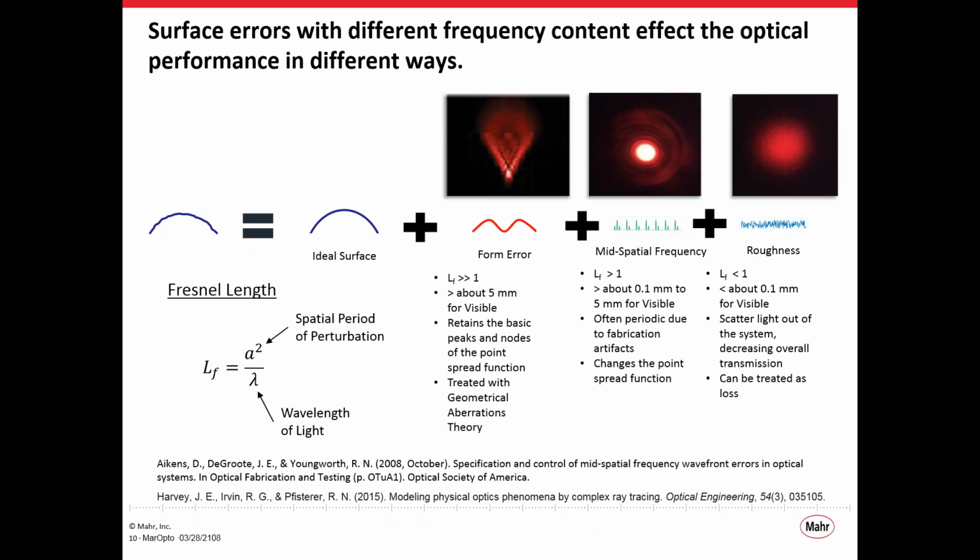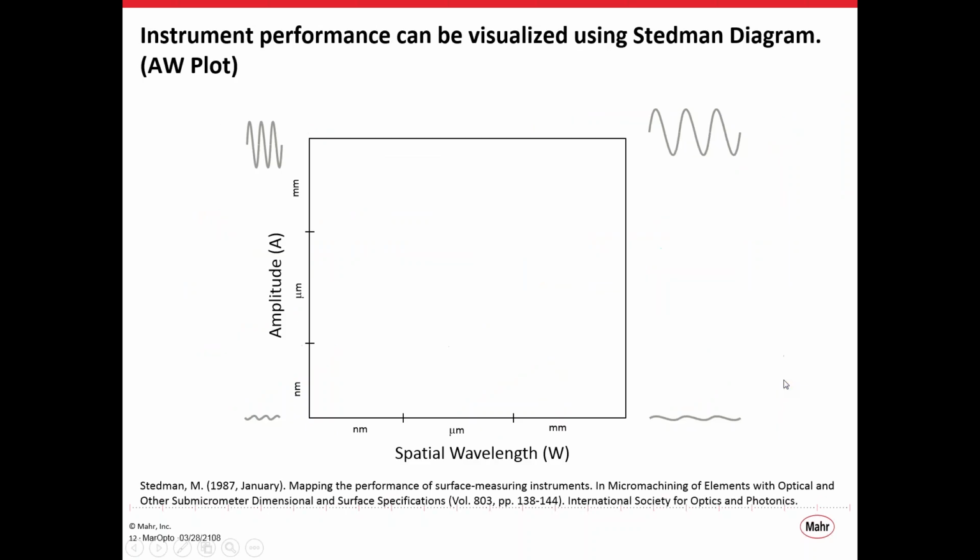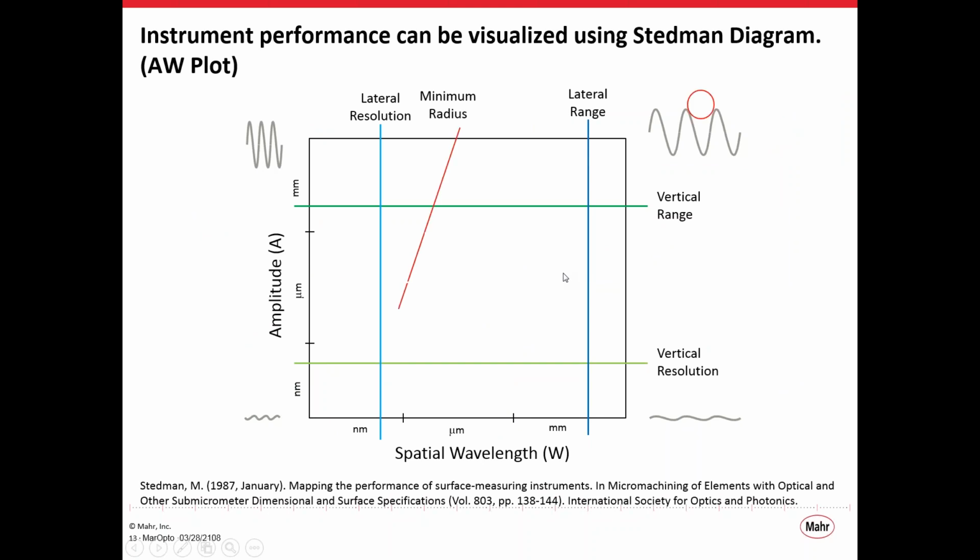Sure. It's the slide on the Steadman diagram and measurable area. Could you go back over what causes the limit for the minimum slope error? I missed that. Okay. Yeah, sorry about that, I was having some problems with that slide, so I kind of breezed over that. The limit for the minimum slope error is given by the flatness of the stage for a scanning system. Let's see if I can get to just that one. And I didn't have a graphic for that either. That might be some of the issue.